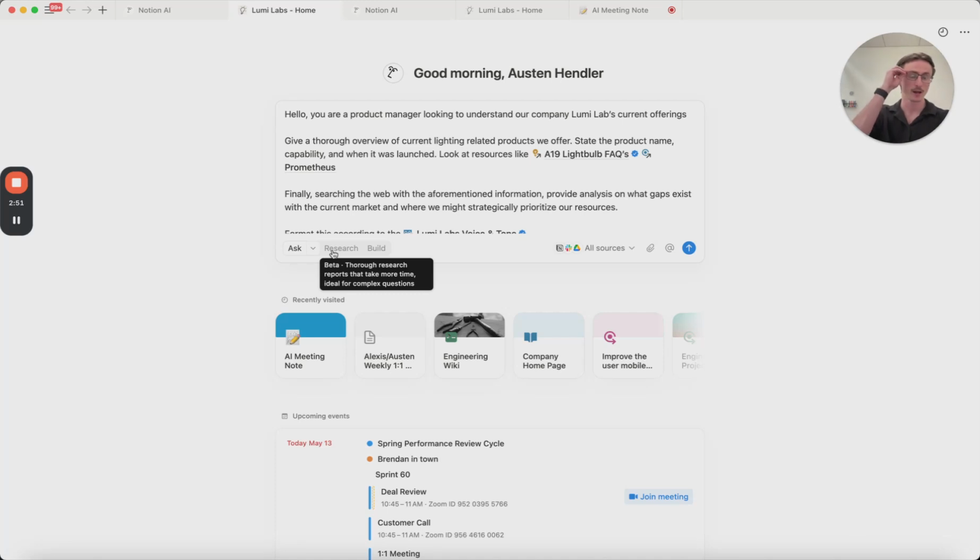The next layer is around this deeper research mode. This is brand new. Maybe you've used this in ChatGPT where it helps you do web searches. Maybe you've used Perplexity before. But we are now introducing this ability to do that deeper research within Notion and across your tool stack as well. So the way I think of the difference between this Ask functionality and this research functionality is, if I were to ask,